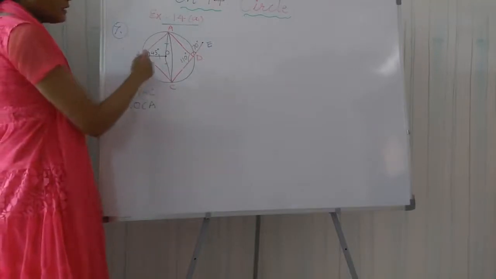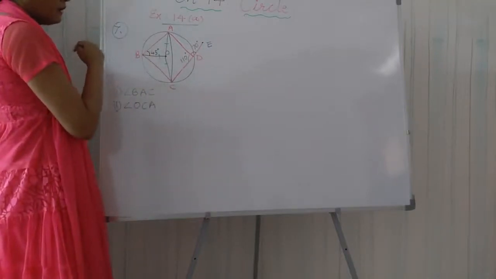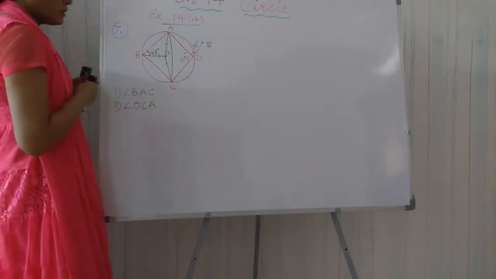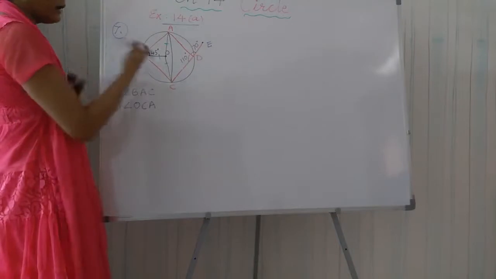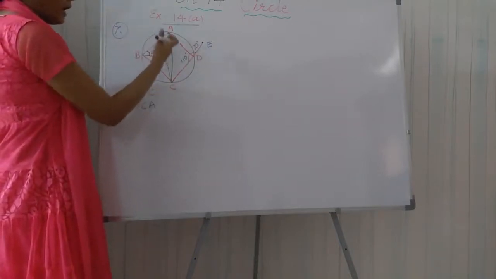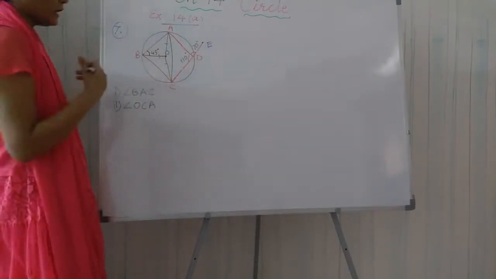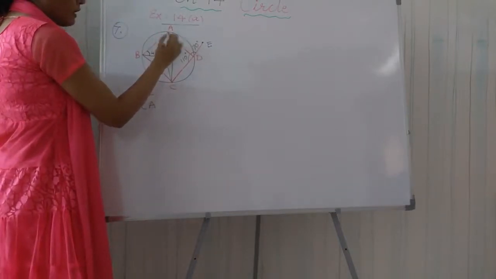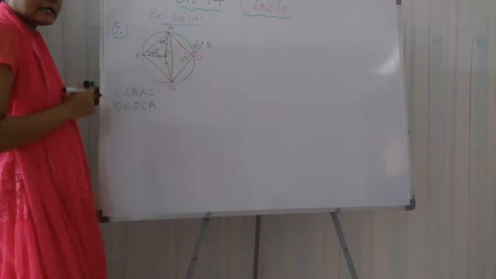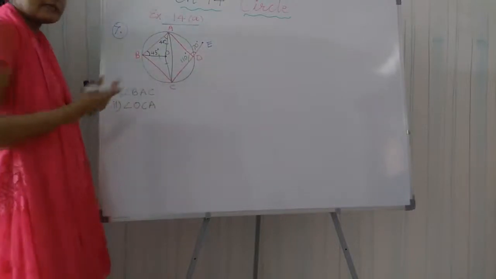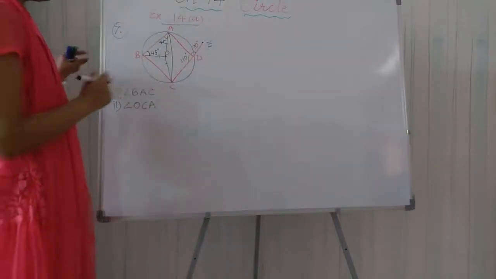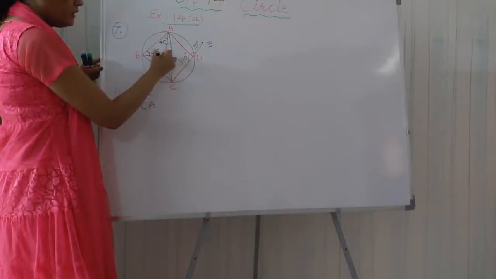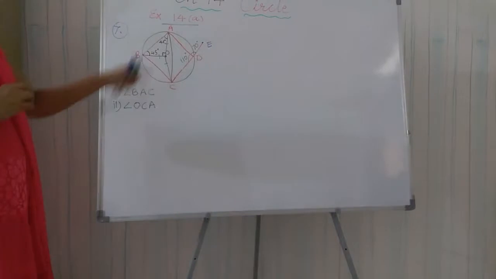Now students, here this is 45 degrees given and OB is equal to OA. That is not given, but they are radii. OB, OA and OC, all three of them are radii. So this angle is also 45 degrees. Why? Because if two sides are the same in a triangle, the opposite angles are also equal. So now this is 45, 45. So this angle will be 90 degrees, you see. So I made a square here.